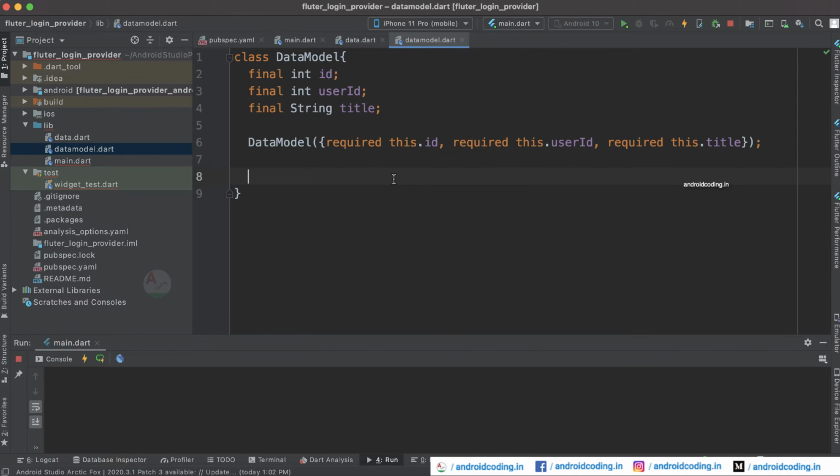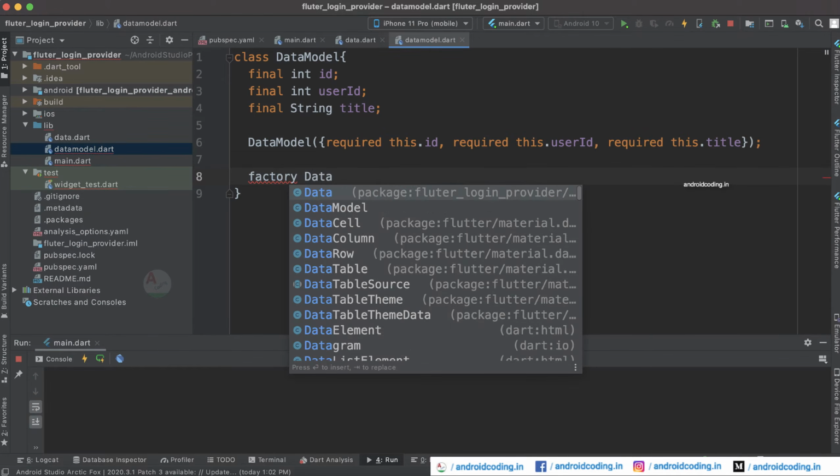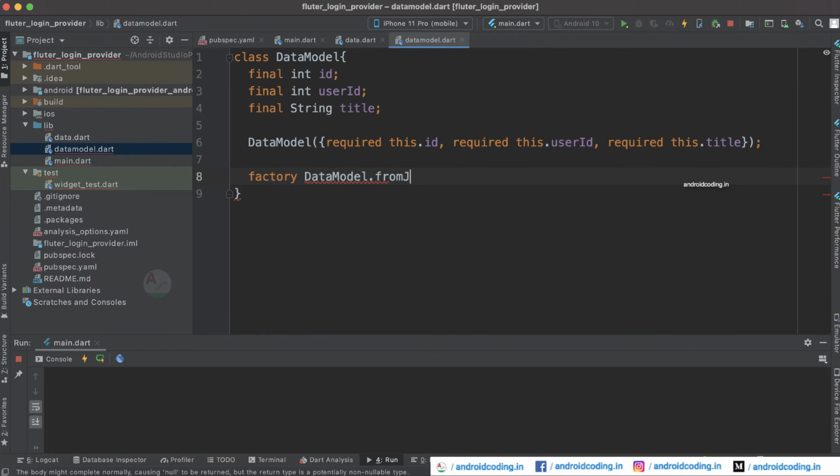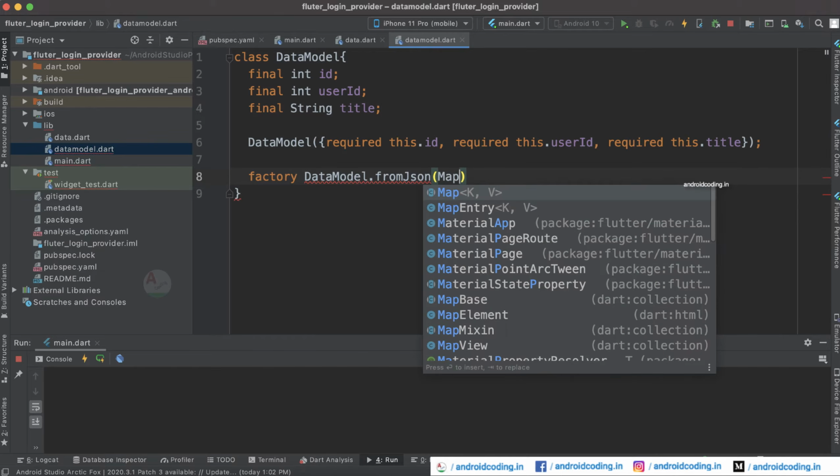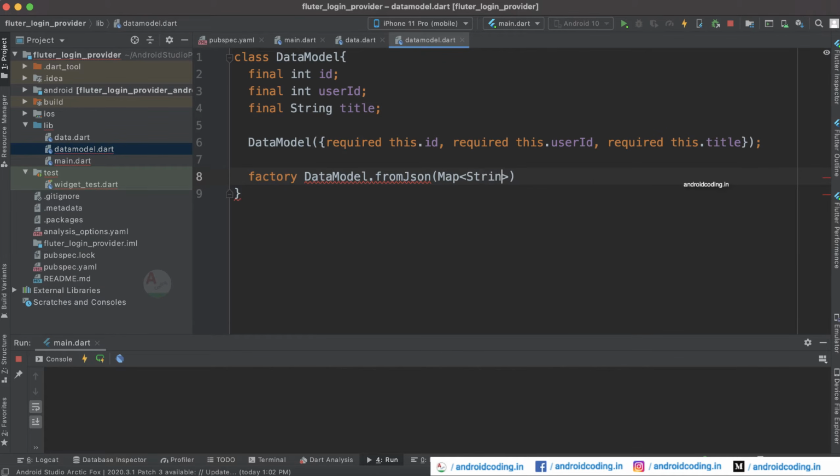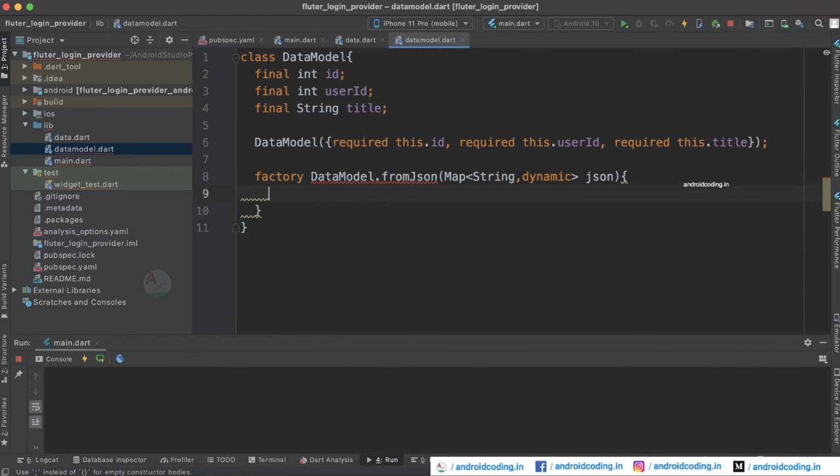Let us try to fetch the data from the API and save it to our data model here. So DataModel.fromJson of Map, String comma dynamic json, and now we need to return this particular DataModel.